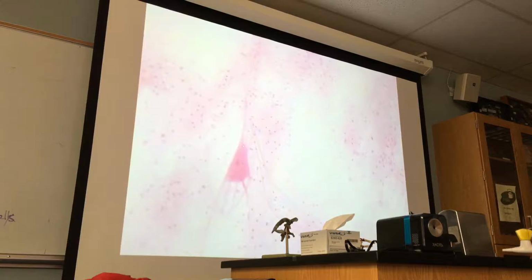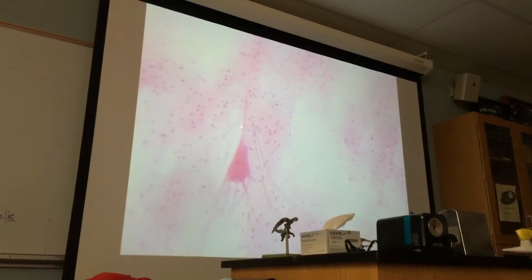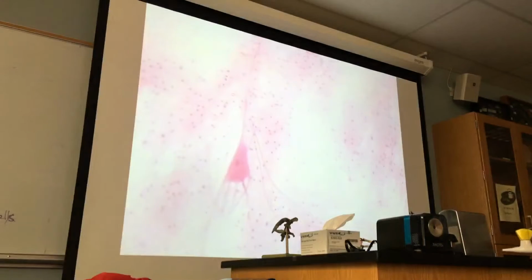This is the axon hillock. Remember, axon hillock is a part of the cell body, and this is axon. And when I magnify this region, you'll see axon collateral. And axon,